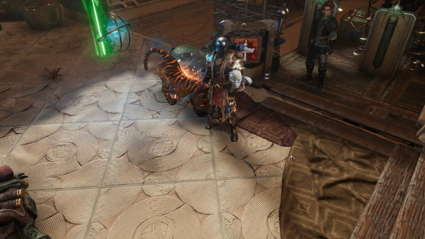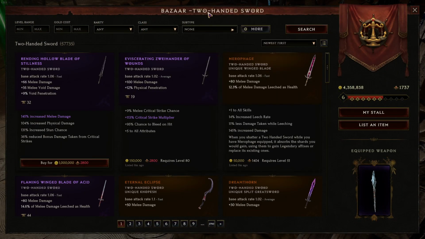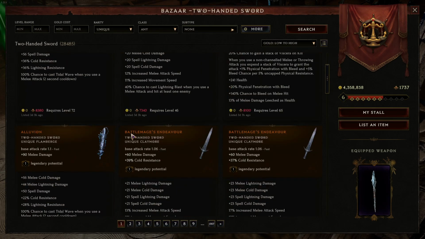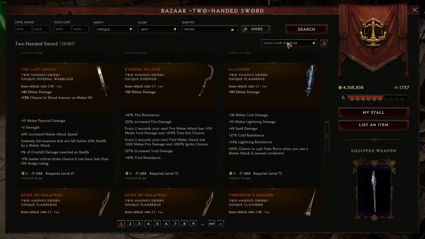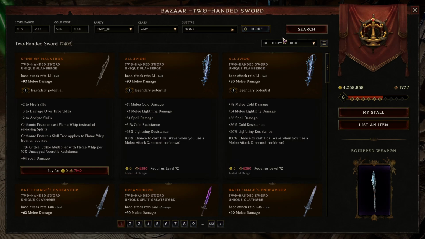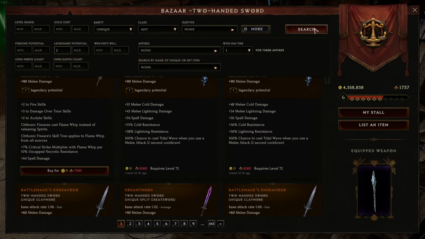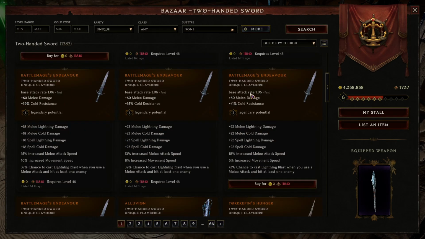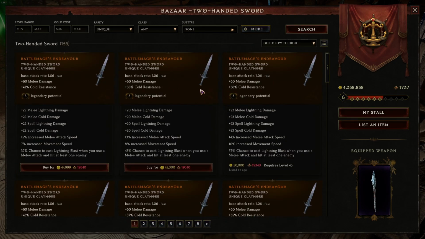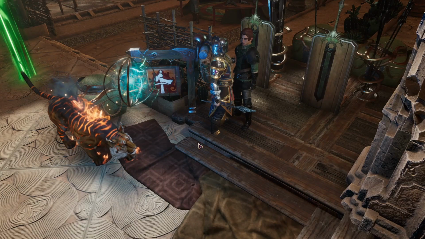Okay, so unique items. So generally speaking, these aren't worth anything. So if I come here, go to unique, search, low to high, you'll find a lot that are just 0 coins. Even if I go to more, legendary potential 1, search, still 0 coins, legendary potential 2, search, still 0 coins. When you get to 3 though, they actually cost something, so you're looking for unique items with 3 legendary potential,